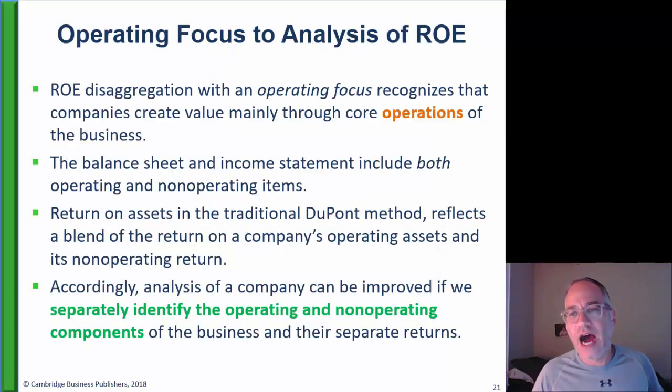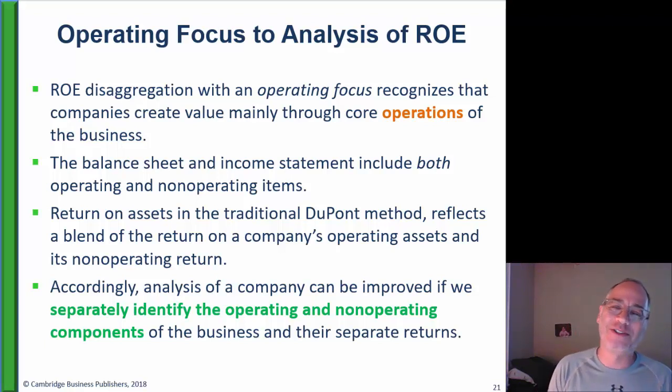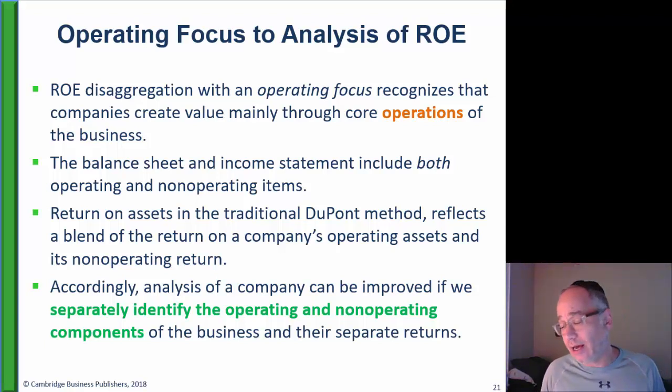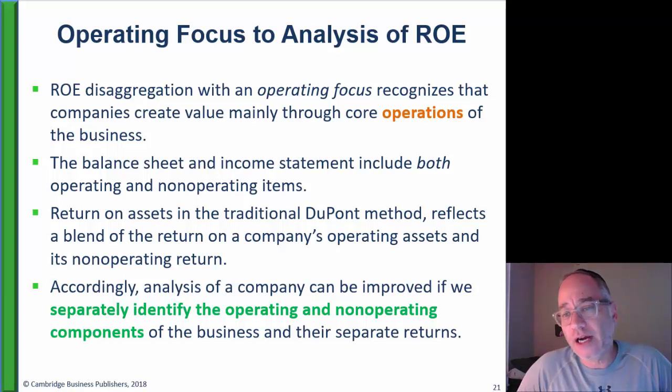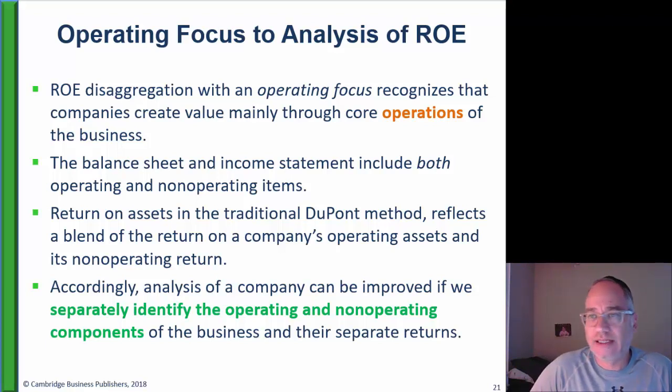So we have the idea of the operating focus. And what research has shown, this is relatively new. What I mean by relatively new is it's like 20 years old. But what research has shown is that this approach is a much better predictor of stock value than the DuPont approach. So we want to recognize that corporate value comes from their operations and not through financial assets and liabilities. And your balance sheet and income statement include some operating items and some non-operating items. And what we want to do is strip away the non-operating items